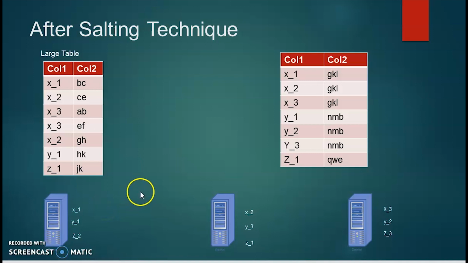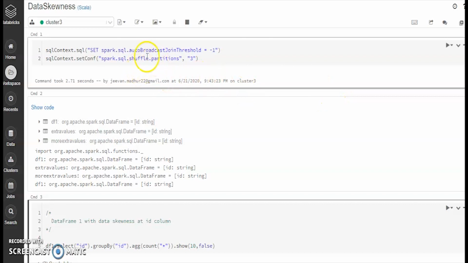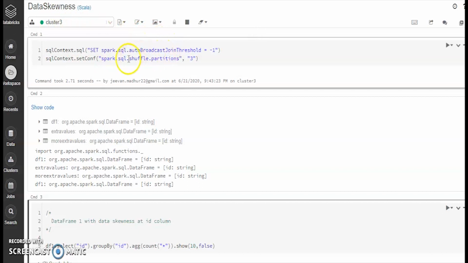Let's see this more in the technical. So let's start with the demo. So this is the Databricks console. For people who are not aware of this, Databricks offers a community edition which is free. Everyone can go and create a login and try it out. We can create some test clusters and execute our Spark jobs, and the notebooks are supported in Python, Scala, and SQL. In this Databricks console, I've created one Scala notebook to show this demo.